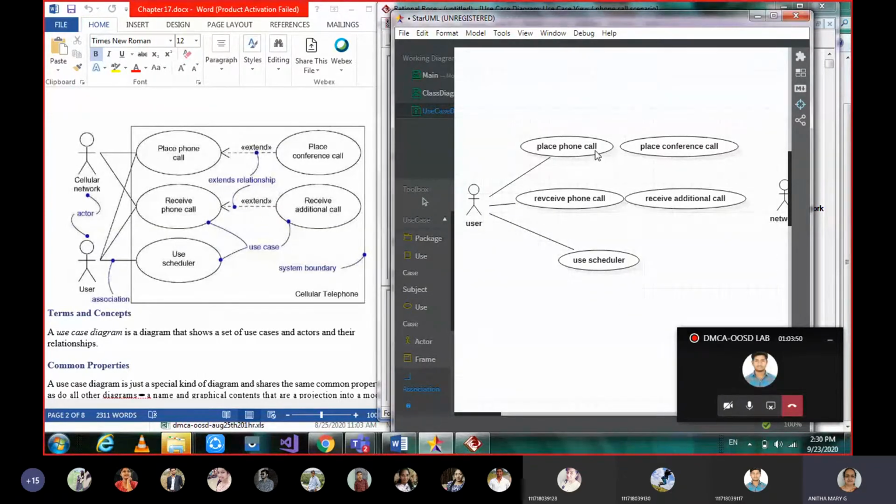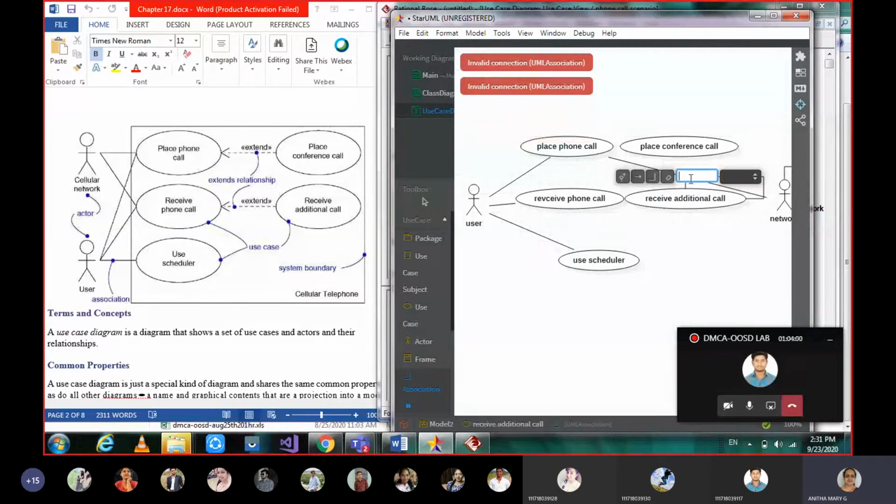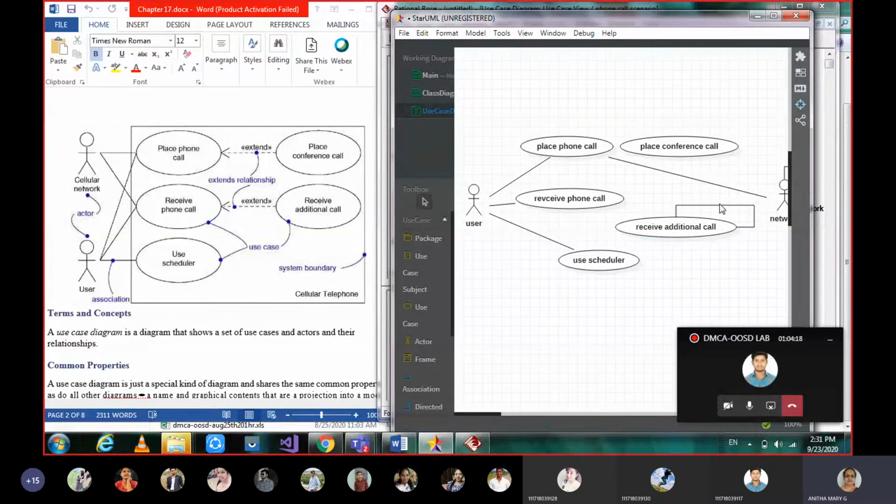External actors, so in order to place a phone call, the external actor is needed. Now the association goes from the external actor to the phone call.